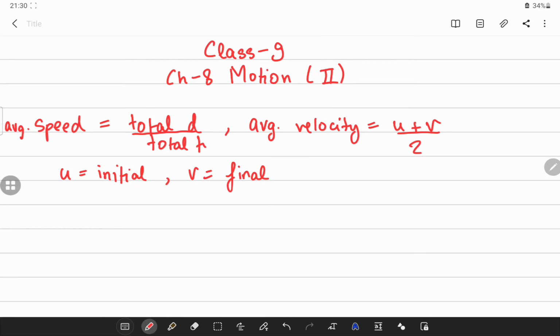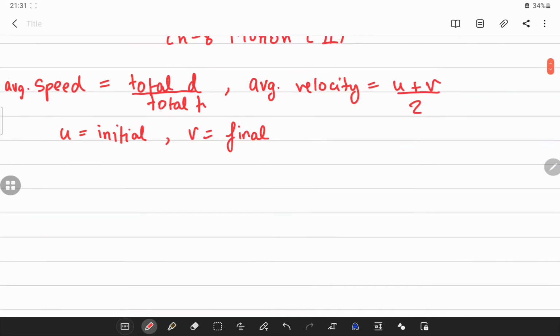Now the thing is, let's think about average. Why are we taking the average of speed or velocity? Okay, let me take an example. You play games, right? Now in games you have this system of KD. If you're a shooter player, think about it. Do they give you the KD one time, like you have got 3, then next time 2, then 1, then 0.5? No, right? They give you the average at the end of the match, one single value. This is the thing with average speed. If you want to find the speed at a particular point, like at a particular time interval, we call it instantaneous velocity.